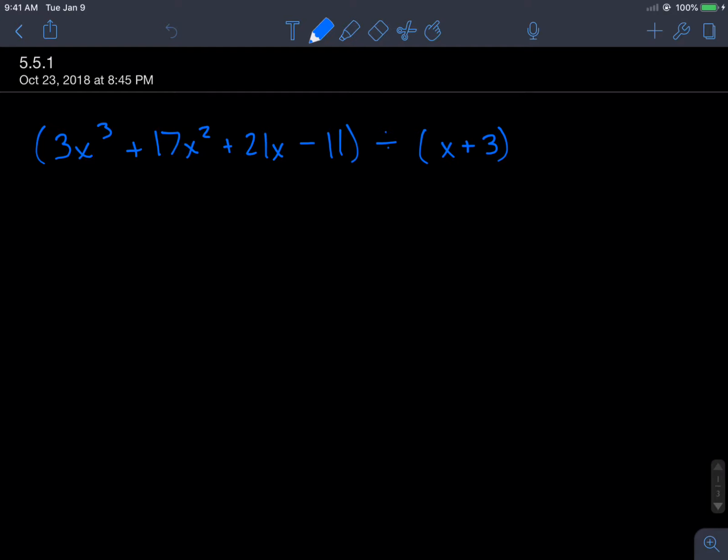dividing polynomials. And the first way we're going to do that is through long division. Now, if you haven't done long division with numbers before, it might be helpful to go and look for a video about how to do long division with numbers, because the steps that we'll take and how it looks is going to be very similar to long division with numbers. Okay, but here we're going to divide polynomials using long division,